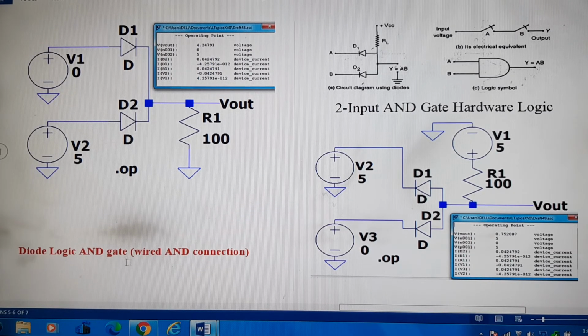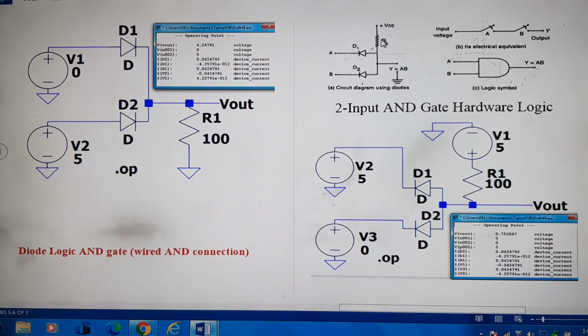Now, the diode logic AND gate. This is the structure for realizing a 2 input AND gate by interconnecting diodes. Here we can see that the diodes are reversed. The cathodes of both the diodes D1 and D2 are connected to the inputs, and their anodes are connected together to provide the output. And we can see that we have also applied plus VCC. It can be 5 volts, 10 volts, or 6 volts, to one of the terminals of RL, and we are taking output from the other terminal of this RL.